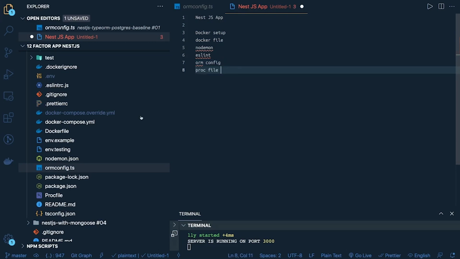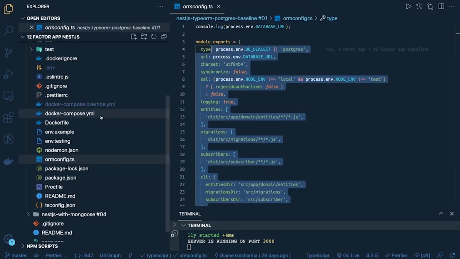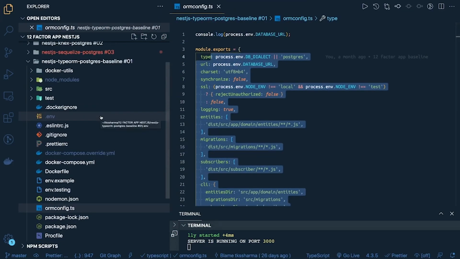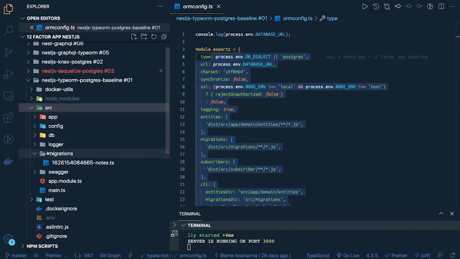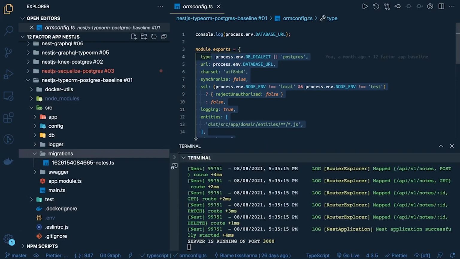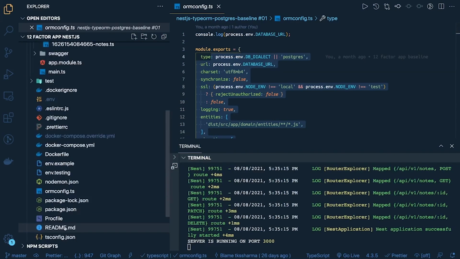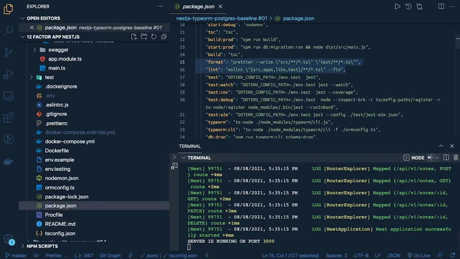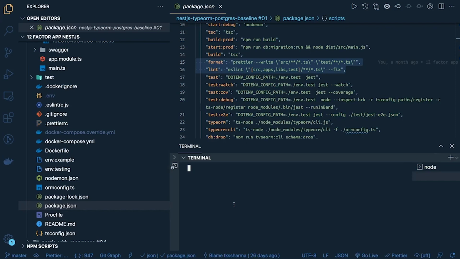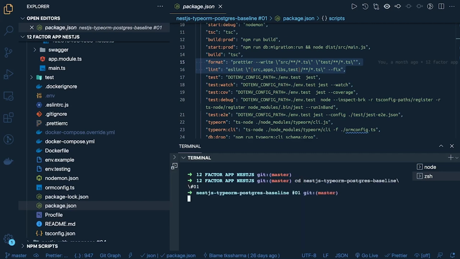And then tsconfig, you can see this is for TypeScript compilation, the compiler configuration, right? So all these things are there. You have Docker Compose, you have the source code. Here we are putting all the migrations, because now we are using TypeORM, so we also need to be aware of how to run the migrations. You can see everything is set up in the package.json, and this code is already available on GitHub, so you can check this out. If you want to create new migrations or run new migrations, you can do all those things using these npm scripts. So let's move to our first project, and what we are doing is npm run,